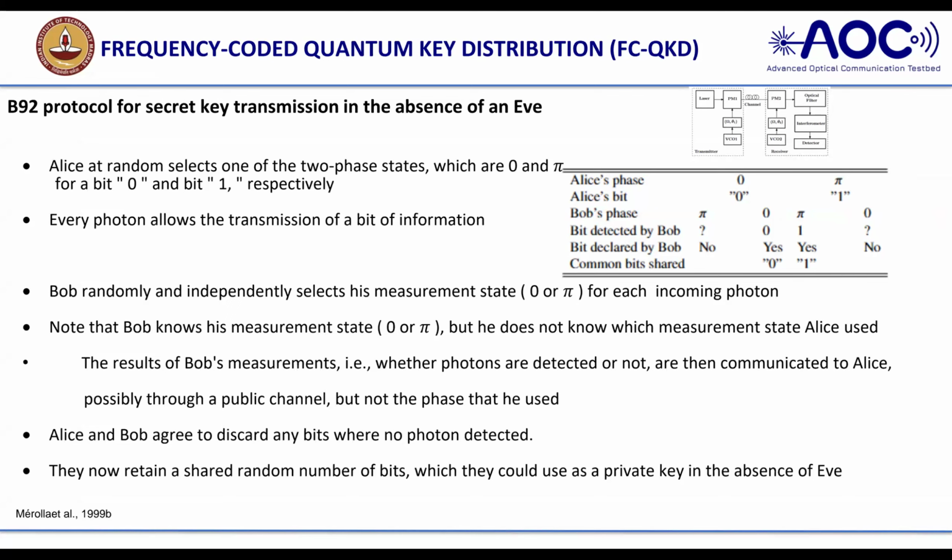So Alice's phase is 0 and pi, meaning theta 1. It corresponds to bit 0 and bit 1, right? And Bob can also choose either pi or 0, randomly, right? And here I assume that no Eve is attacking. I assume that this is happening only in the presence of phase noise. So this analysis I'm doing is without phase noise, to give you the picture from this existing paper.